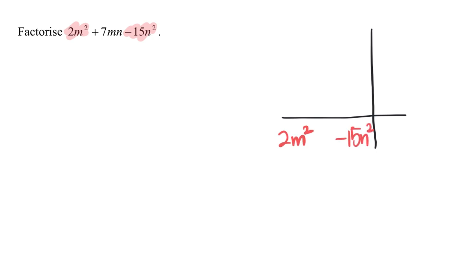Hello everyone, welcome to this video where we are required to factorize 2m squared plus 7mn minus 15n squared. I'm going to rely on my cross chart here. And do take note how I position my terms, alright? 2m squared, negative 15n squared. And I must have the positive 7